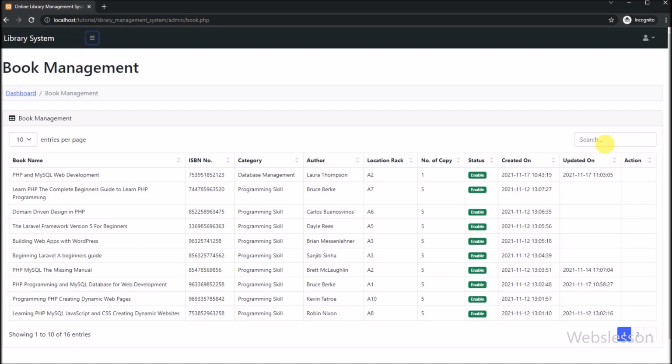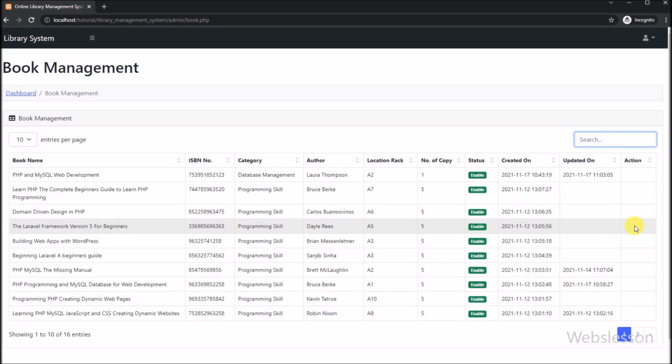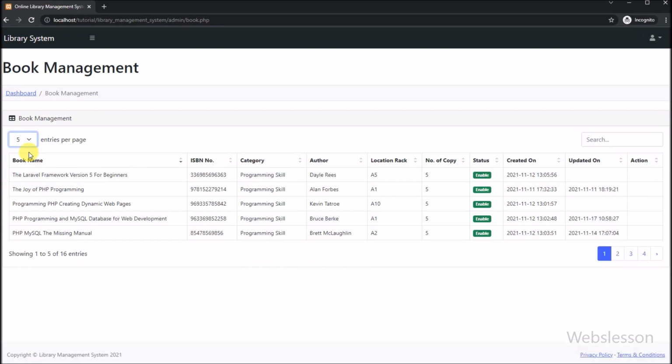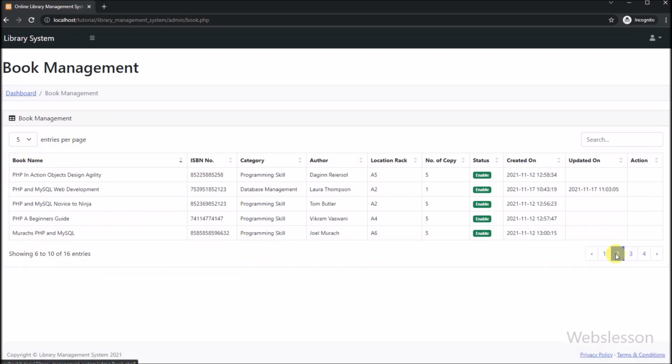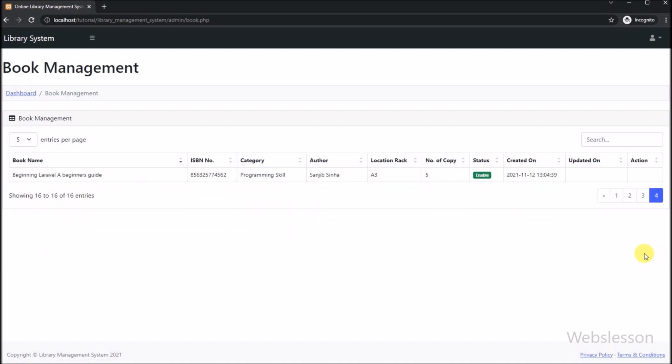And here, we can perform live data search operations, and after that, we can easily sort table column data by a simple click. After this, we can see that this library has made pagination links, and here we can also set how many entries we want to display on the web page. So by using this JavaScript DataTables, we can perform all operations which we perform in jQuery DataTables, without writing any line of code.